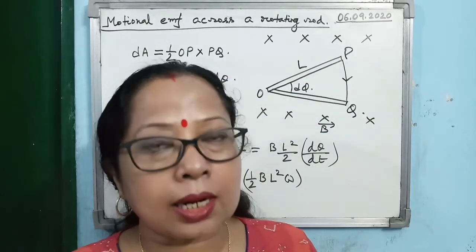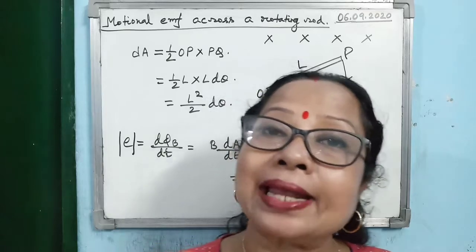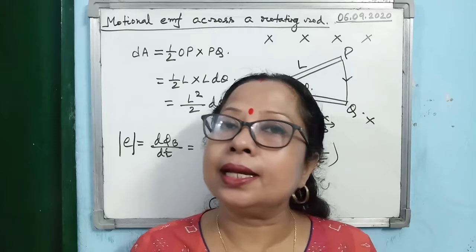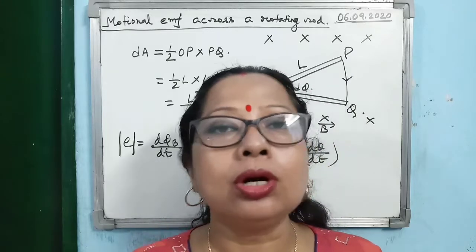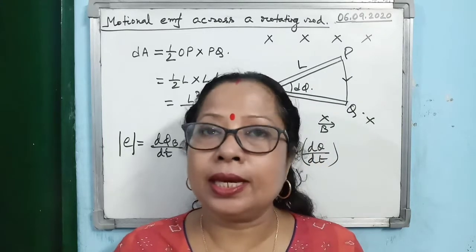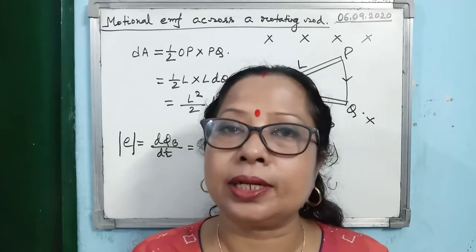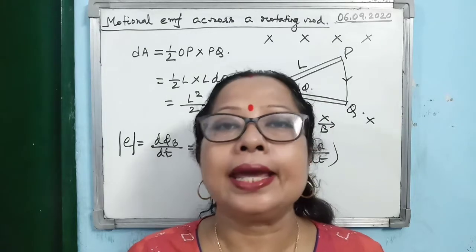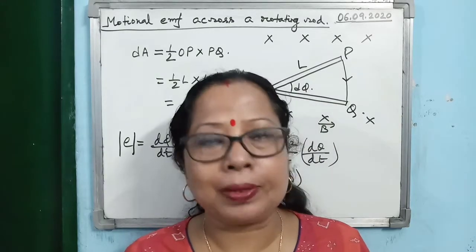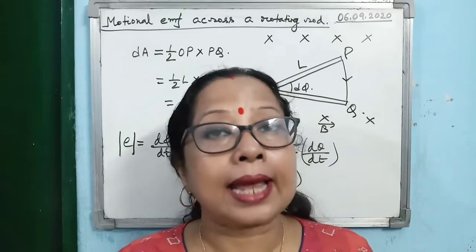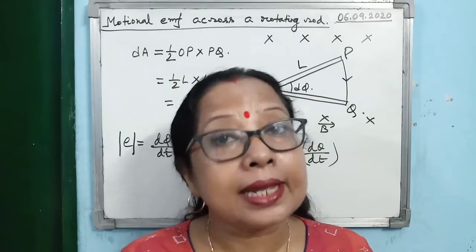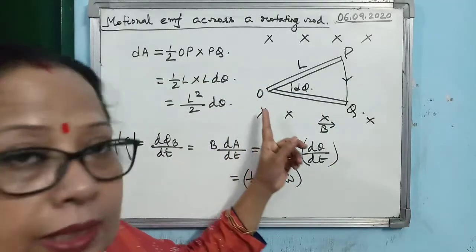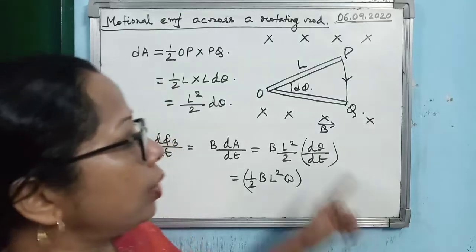Because the conductor cut some magnetic flux. While giving the practical example, I also told you that when a player runs in the north-south direction, no induced EMF will develop across the ends of the body of the player, because in that case the body is not cutting any magnetic flux. So we will apply the same concept here.